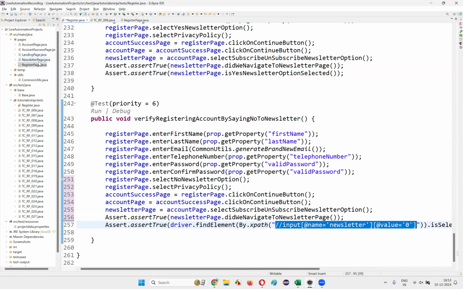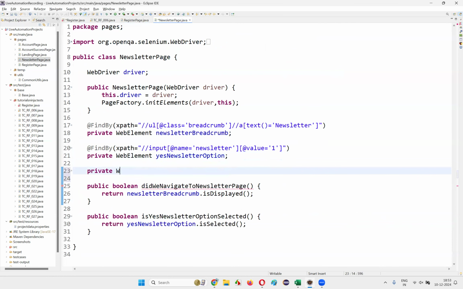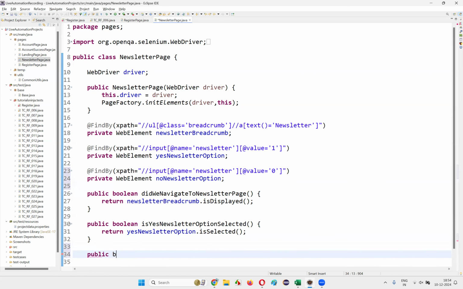Copy this XPath expression, open the newsletter page and create this web element here. That is private web element, no newsletter option, put a semicolon here and write down at the rate find by and write down XPath is equal to, give the XPath expression and create a method here, public boolean